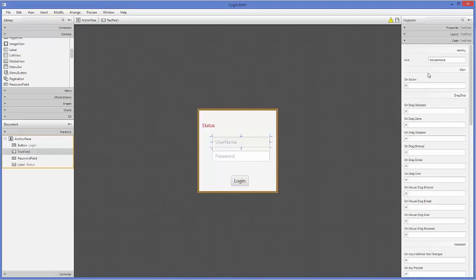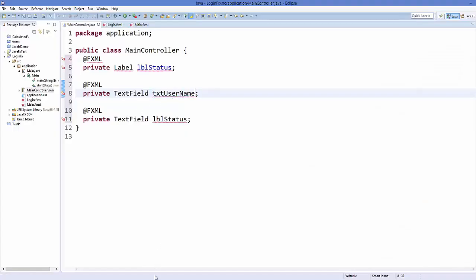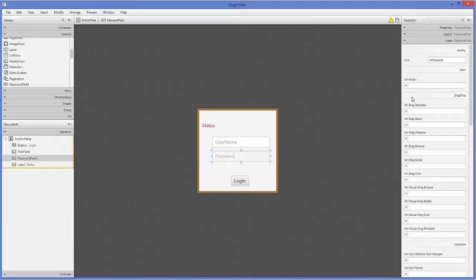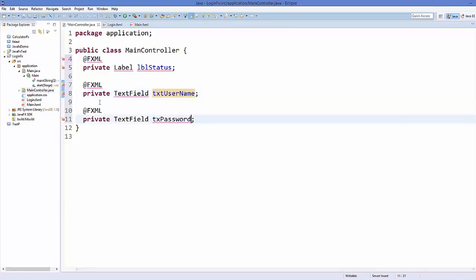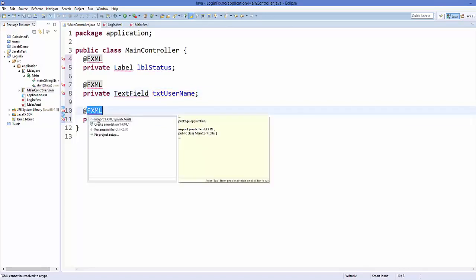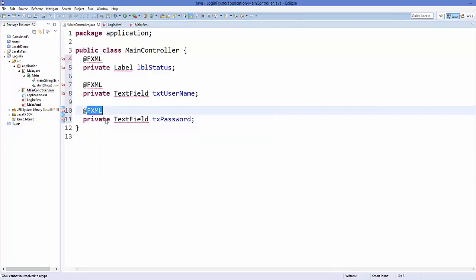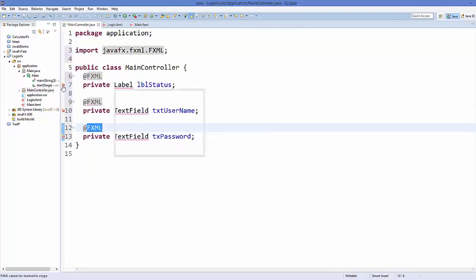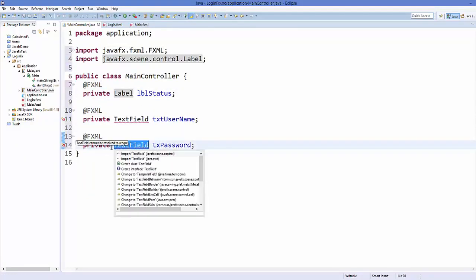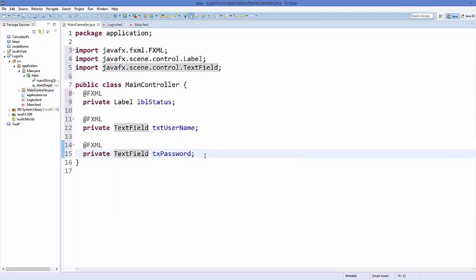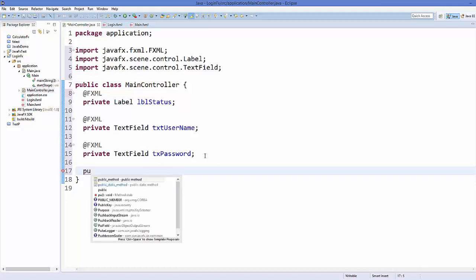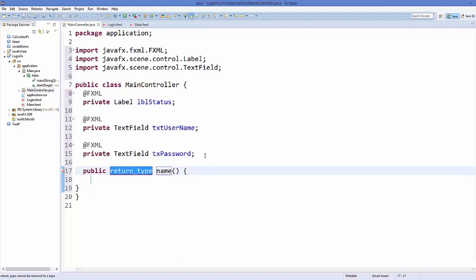So just select this, copy the fx ID from here and paste it here, and same we will do for the password. So just select this, copy it and paste it here, and now just click and fix the import for fxml and the label and also the text field. Okay, so everything is done, and inside the controller we will define a public method which will be a void,